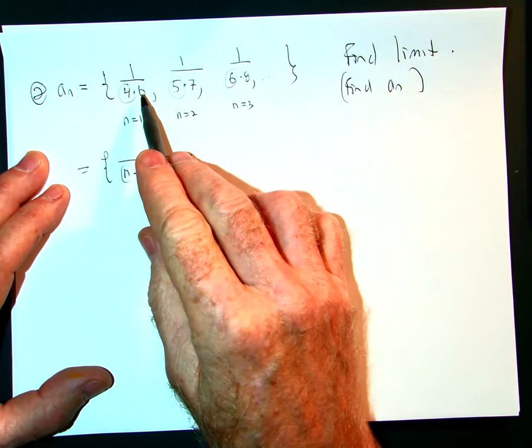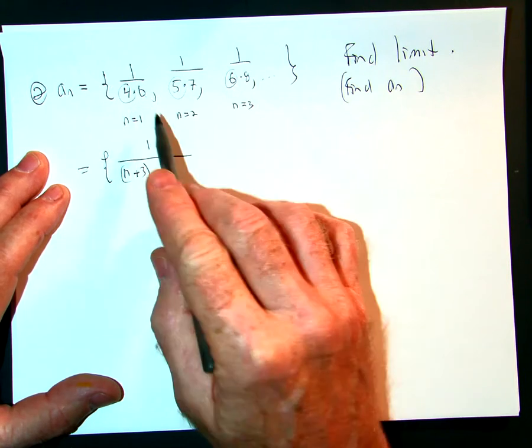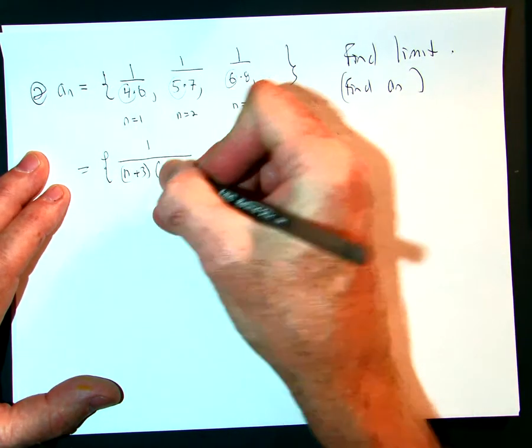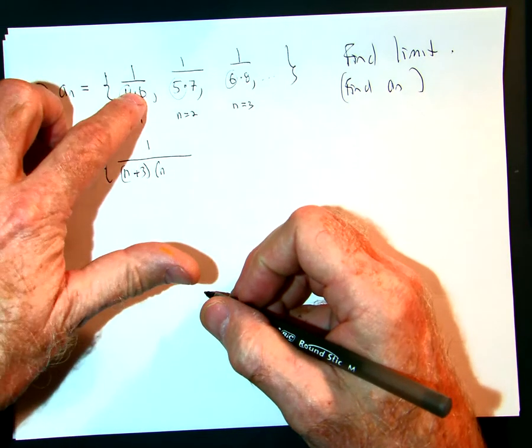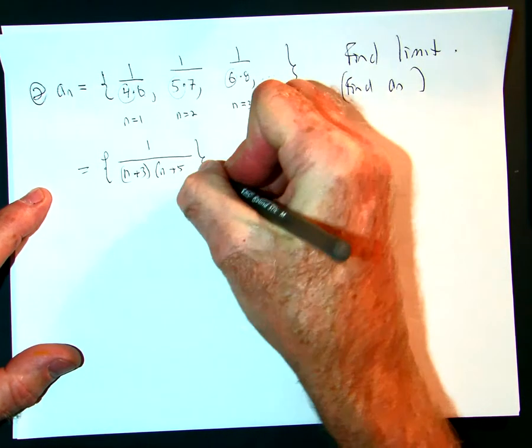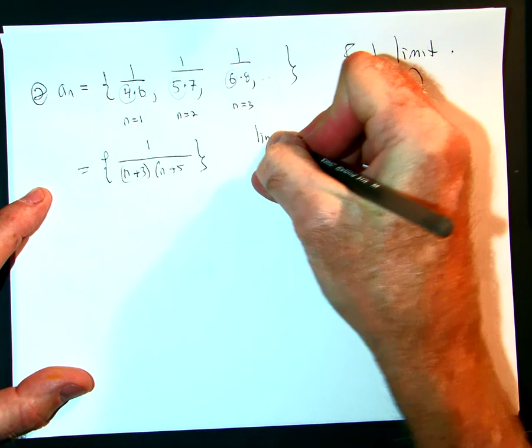Now this one's going to be a little bit more. Again, my increase 6, 7, 8 is 1 each time. So I'm going to get an n. But here I'm adding 5, I'm adding 5, I'm adding 5. So that's going to be my an. So I need to take this limit